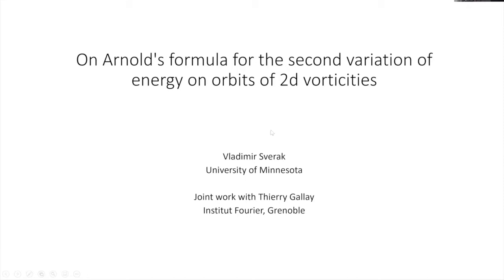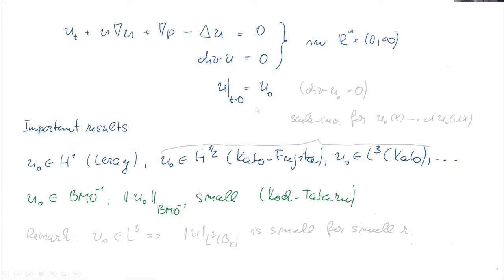So let's start with the usual Cauchy problem for the Navier-Stokes equation in Rn. We have our initial condition, and we wish to determine the solution at later times from the equation. So this is, of course, a classical problem, and there are many important results, starting with the